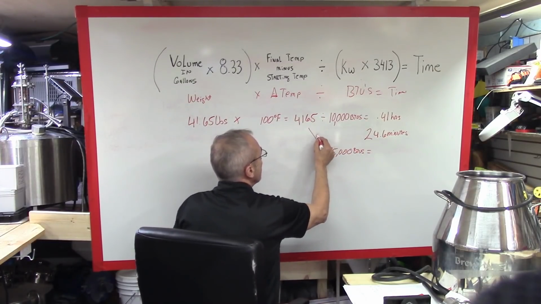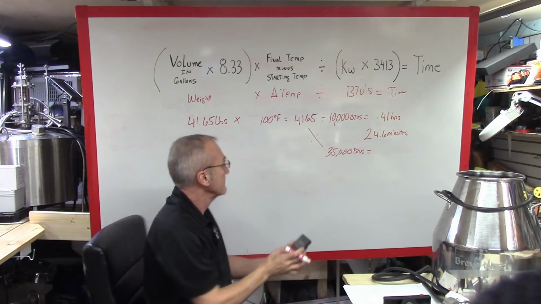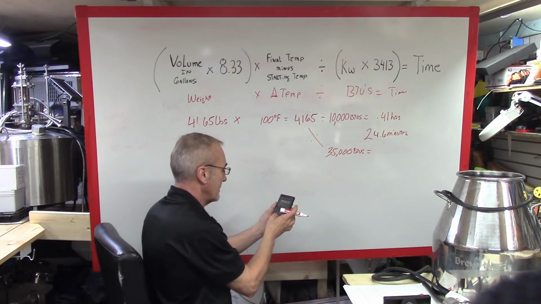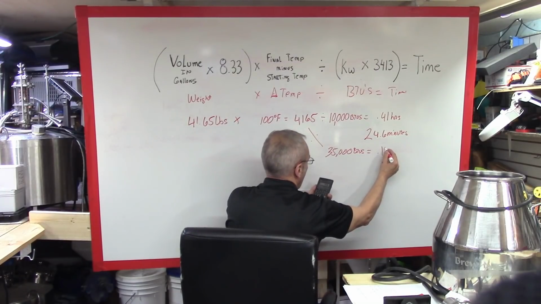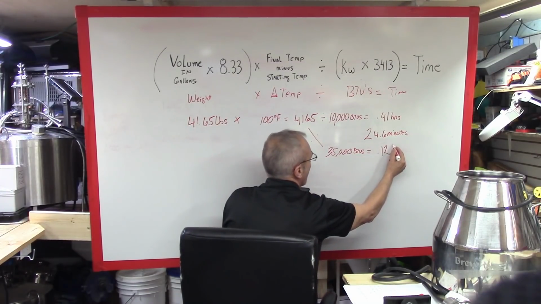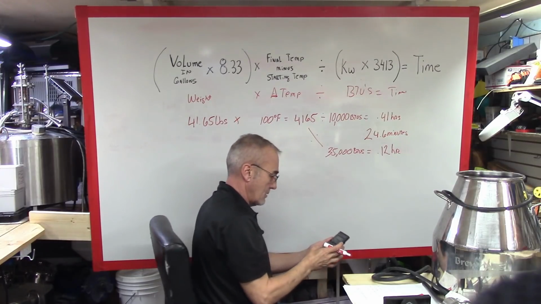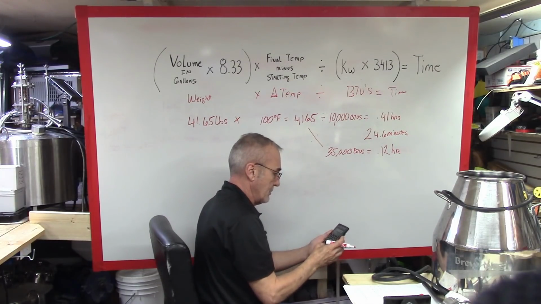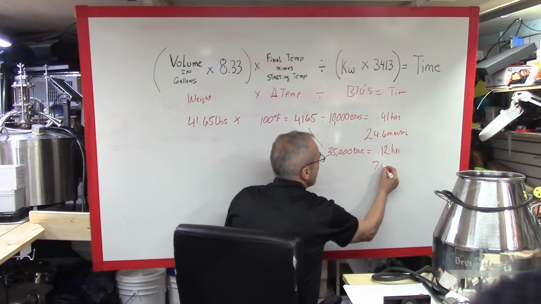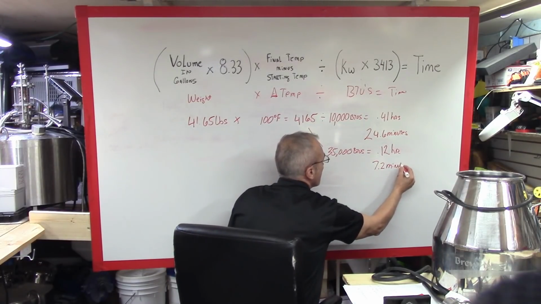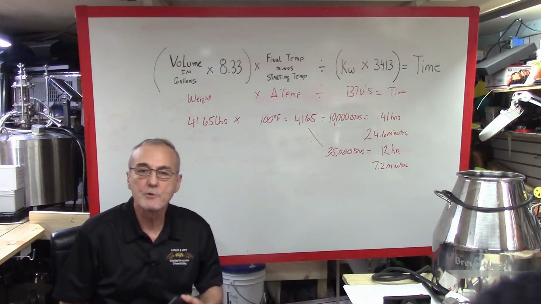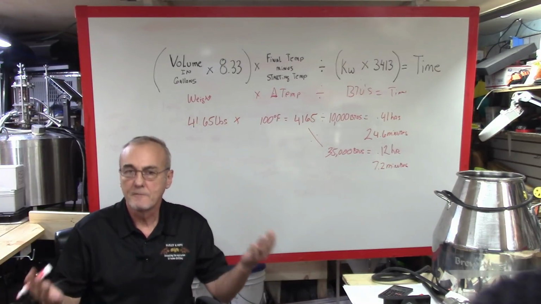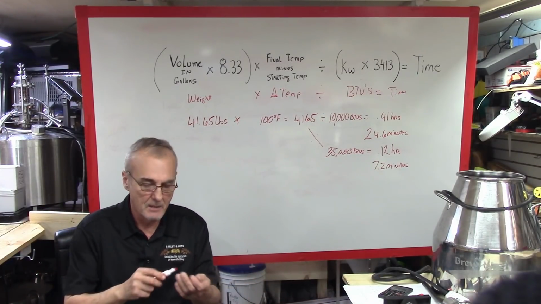And what does that give us? Oh, this gets so much easier. 4165 divided by 35,000 equals 0.119, or about 0.12 hours. Okay, so 60 times 0.12 is 7.2 minutes. So it should take 7.2 minutes, if you're using a turkey fryer, to heat 5 gallons by 100 degrees. Now